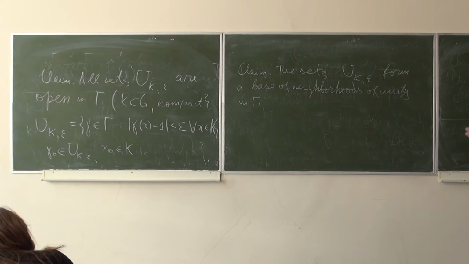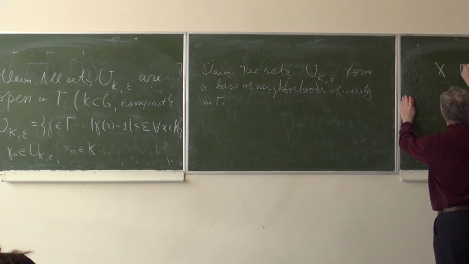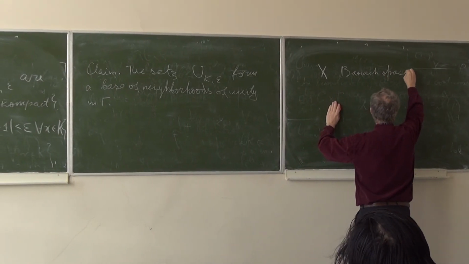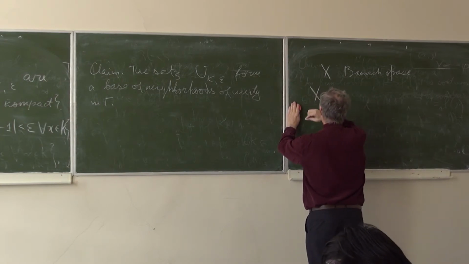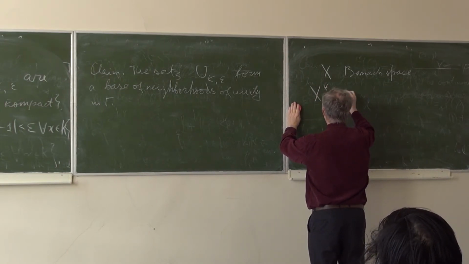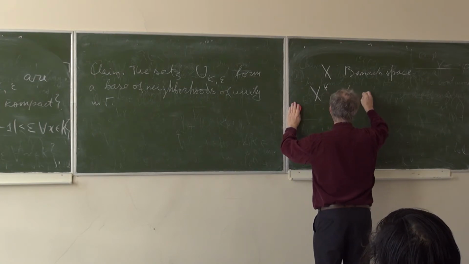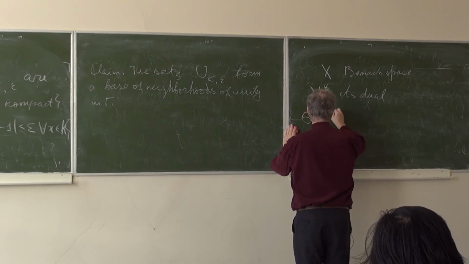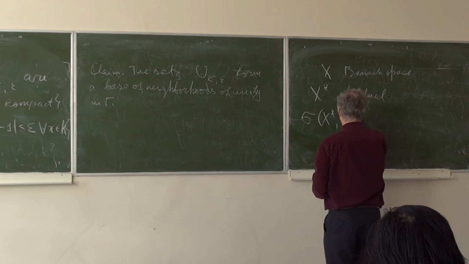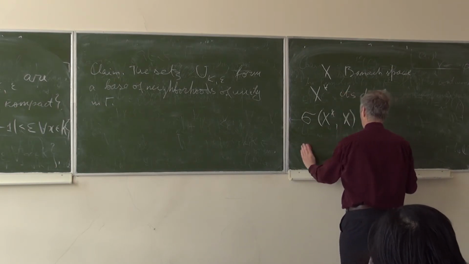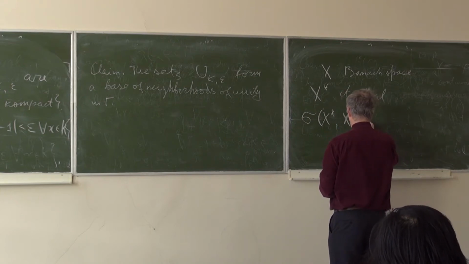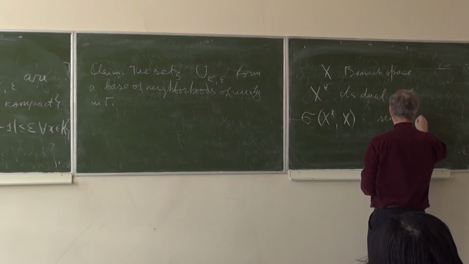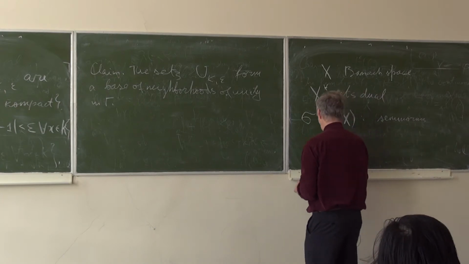Well, in general, if X is a Banach space and X star is its dual, then the weak topology of X star induced from X is determined by seminorms. Seminorms are of the form